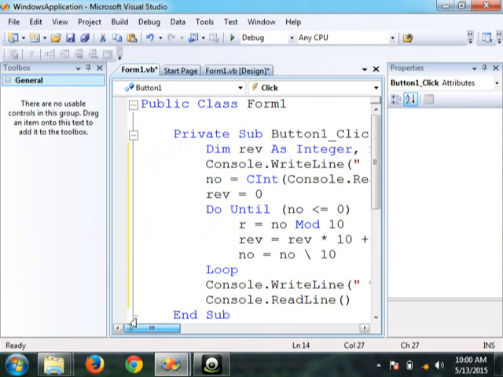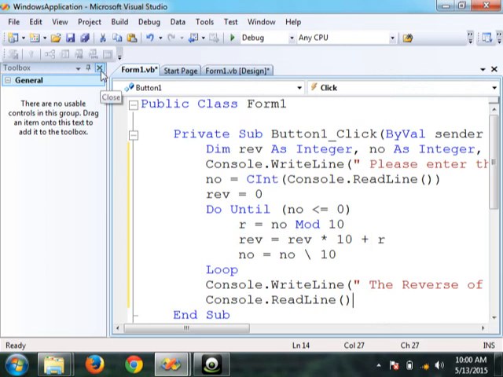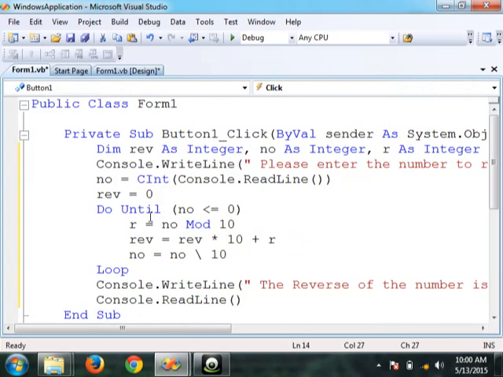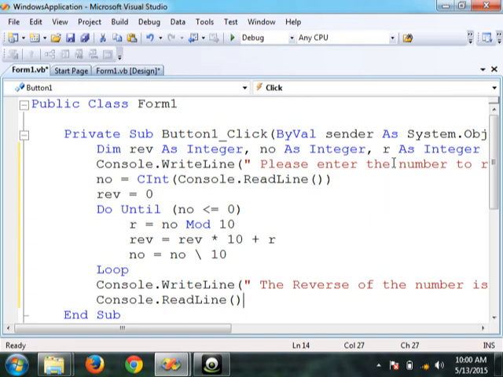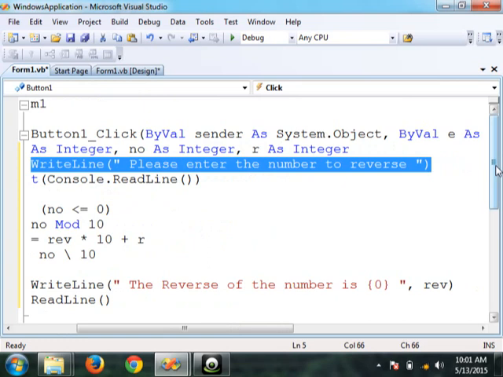Now see, is there any error popping up? Let me close this again, so that you will understand this code. It looks like the same thing, but what is that Console.WriteLine? Console.WriteLine was something that was asking in the black and white screen. So I don't want to take the input by asking again, please enter the number, because the user will already enter the number in that text box, isn't it? So for that, I don't need this part, so I'll delete it.